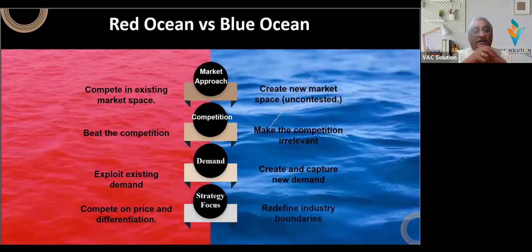In the case of a Blue Ocean, you redefine the company boundaries. We will see what those company boundaries are in our next session, what we mean by company boundaries. You totally redefine them so that the question of the cost and value trade-off will not be there. There is no cost-value trade-off. You will be giving a differentiated and a better value product for a much lesser cost to you so that your margins will go up.